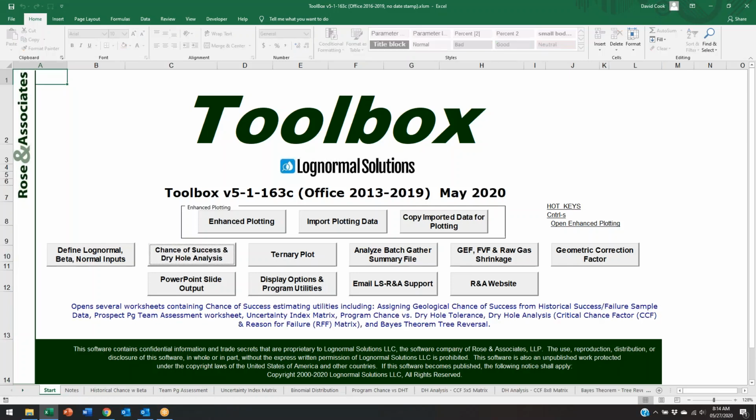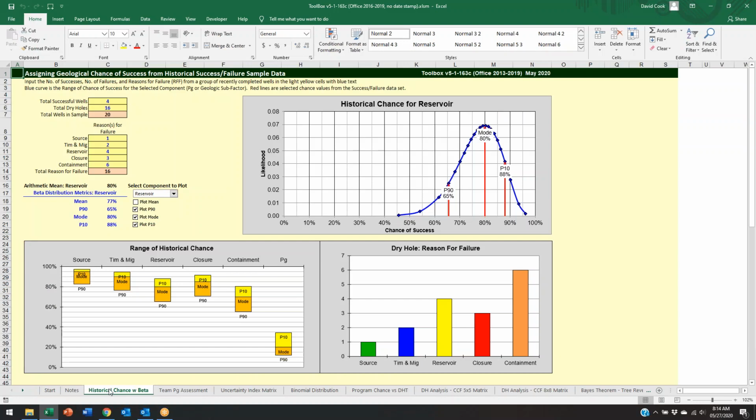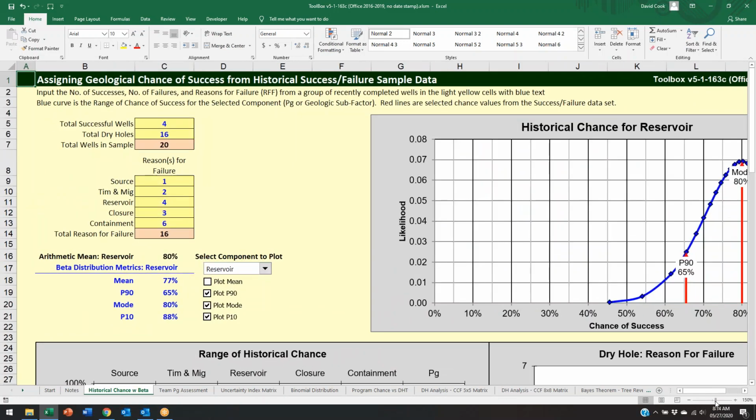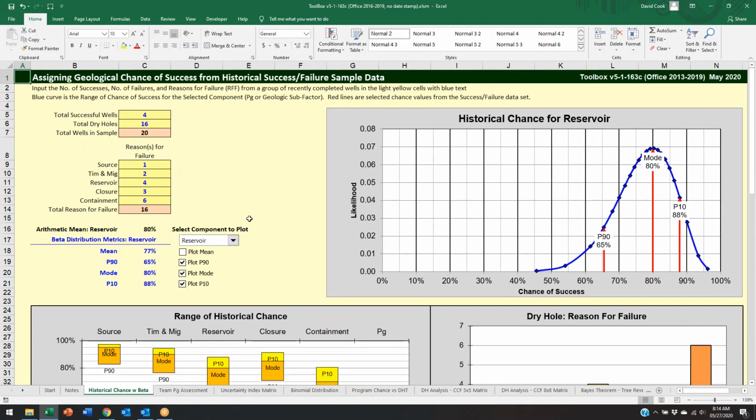Worksheet. Let's take a look at the different functionality that is provided associated with chance of success. Let's go to the historical chance with beta function, and let me zoom in a little bit and take a look at this. There is this upper section in here which allows you to start to understand, based upon some number of successes and failures in a play that you may be pursuing,